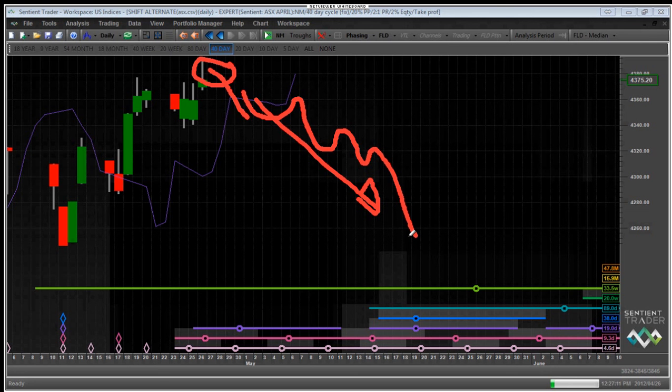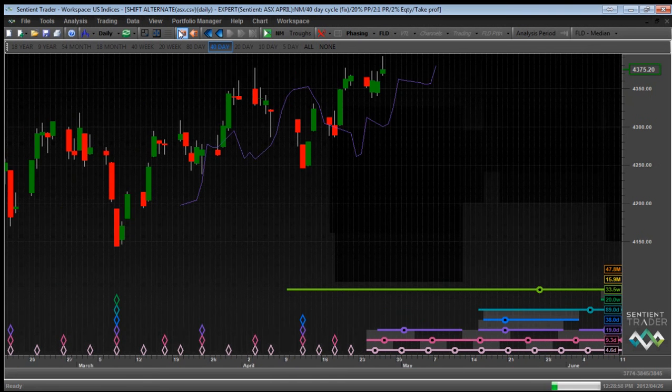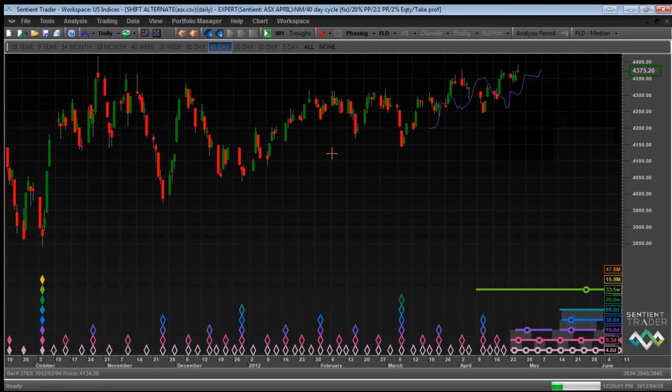Okay, that's why analyzing markets using Hurst cyclic principles is so fascinating, because there are so many cycles that are constantly working together to form the complex movement of the market. The market never moves in a straight line. One of the mistakes that people often tend to make when trading the markets is they focus on one cycle and then they expect the market to move in a straight line according to that cycle. Okay? But of course that never happens. So we're expecting a peak to form fairly soon, and we're then expecting the market to move down.